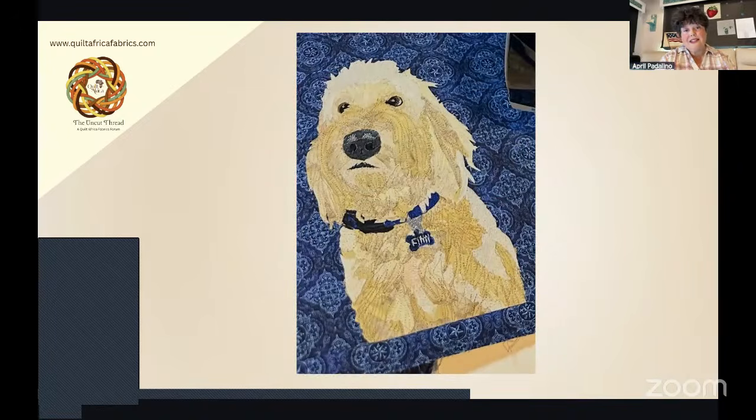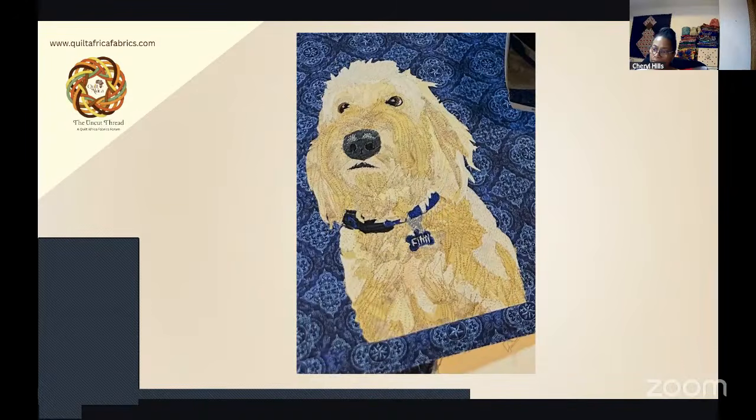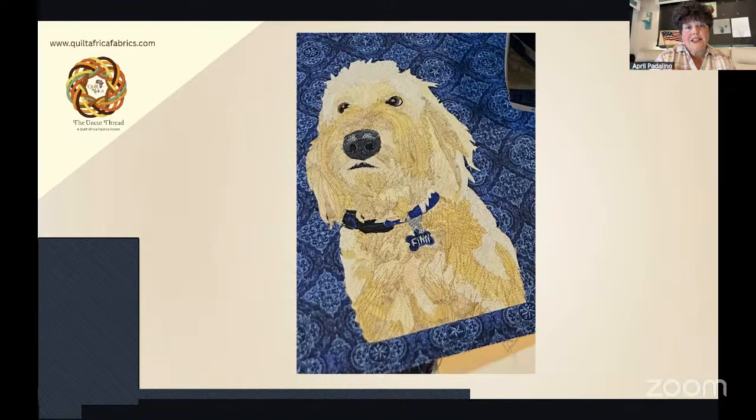And this is Finn. This is the one that started me off with AI more strongly, I guess, because I wanted to be able to see that variation in the fabrics. I wanted to see the dark and the light, and like on his nose, being able to see where the highlights are. And that's when I took it from Canva into AI. Finn is actually my very first client project, and he's only my second dog.